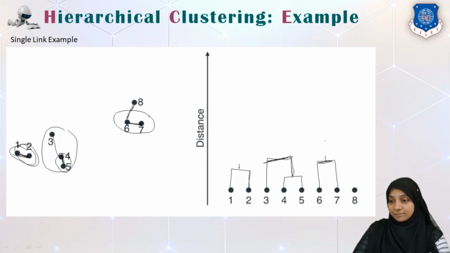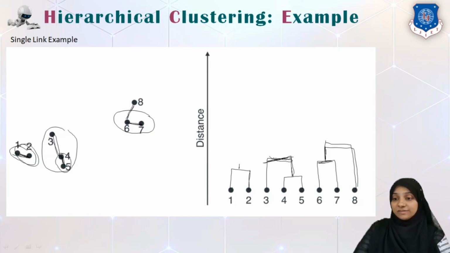In the next step, I will take this branch up and add 6 and 8. The distance between 6 and 8 is more than 3 and 4, that's why I have taken this length at a higher location. If that distance were equivalent to the distance of 3 and 4, then my branch would be at the same location or at this stage only. But for me, it appears that 6 and 8 have more distance covered as compared to 3 and 4, that's why I have taken this way.